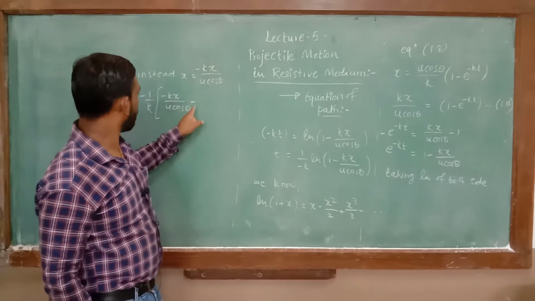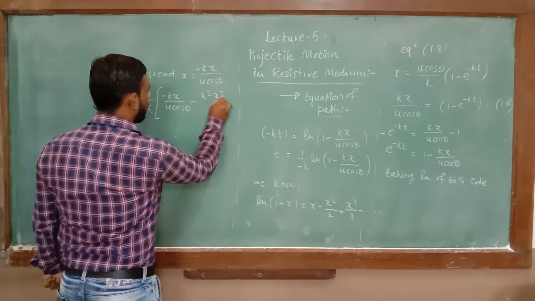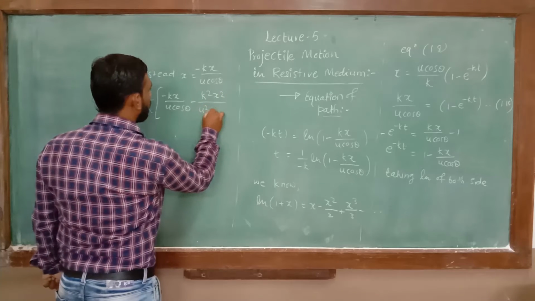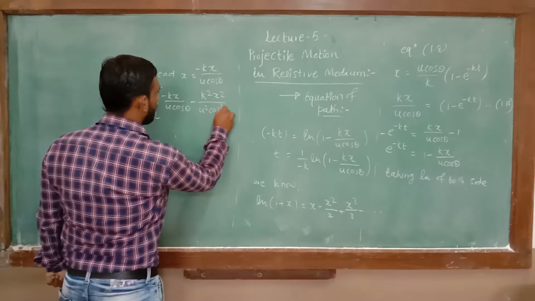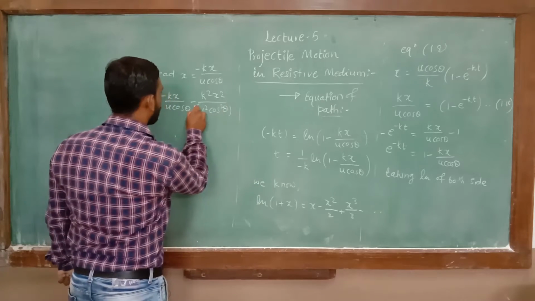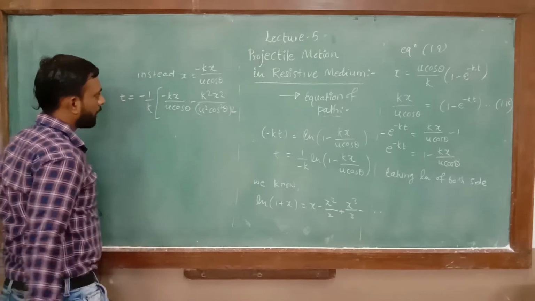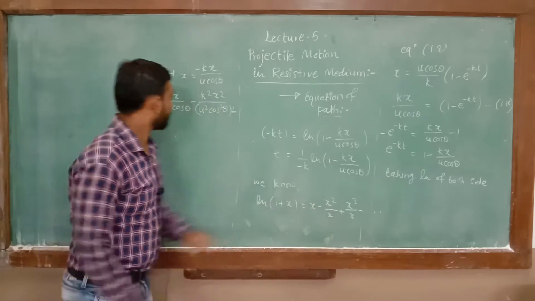It is again positive, so the minus sign stays as it is: k²x² / (u² cos² θ × 2). Keep in mind this 2 as it is. This is not a square, this is a multiplication. Okay, plus